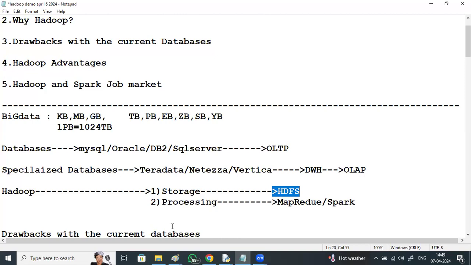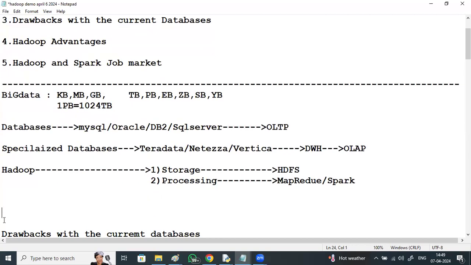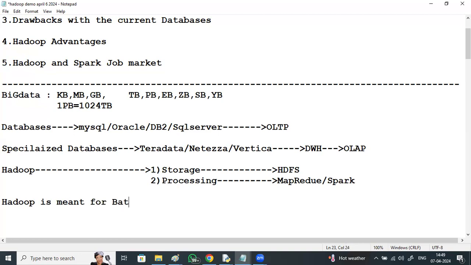When Hadoop is in the market, performing both storage and processing, what is the necessity of the other storage and processing technologies? Clearly understand: Hadoop is meant for batch applications.